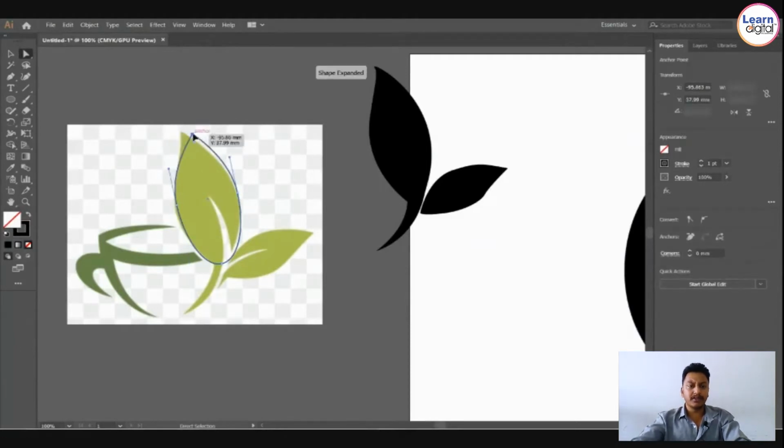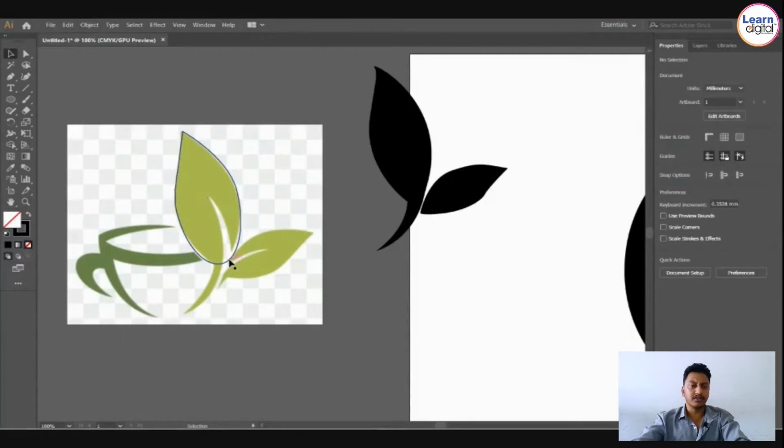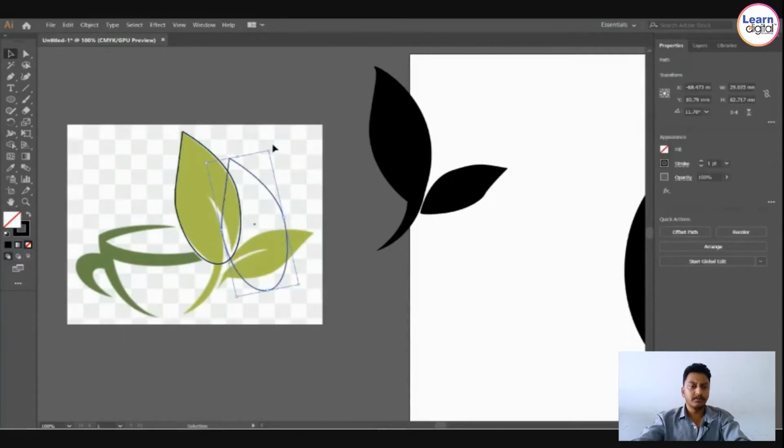So here also, after placing wherever necessary, with the help of the pen tool add points wherever necessary, and with the help of the direct selection tool just move the points. The similar leaf I need, that's why I'm taking a copy. I'm using a reflection, so that is a reflect with the copy. Instead of creating different leaves, I took a copy of the same leaf and I'm placing it and doing some small changes, small alterations.